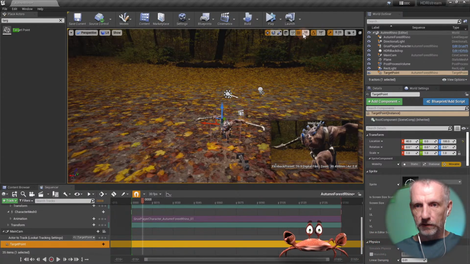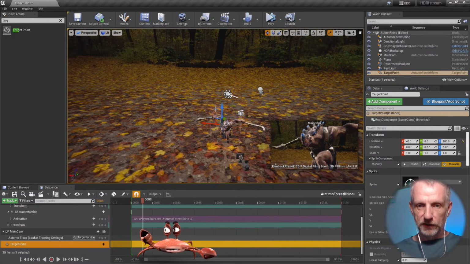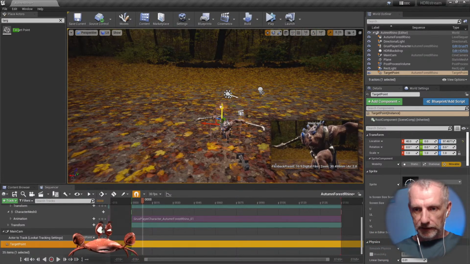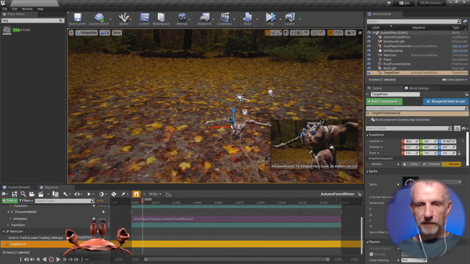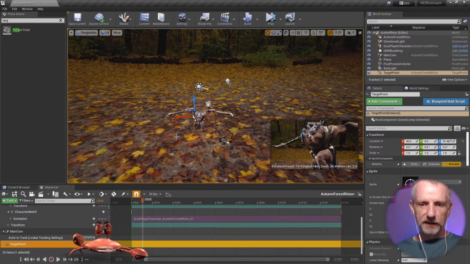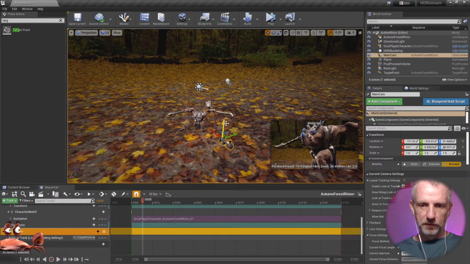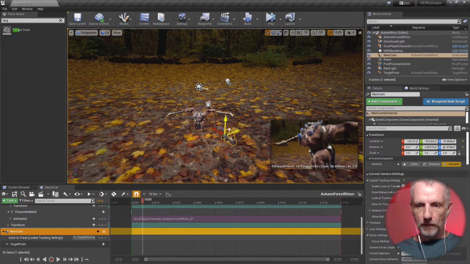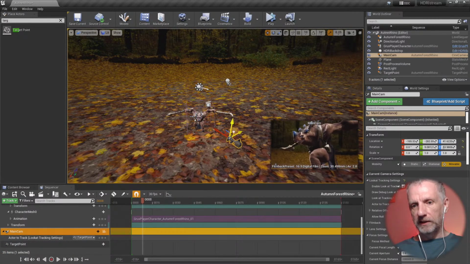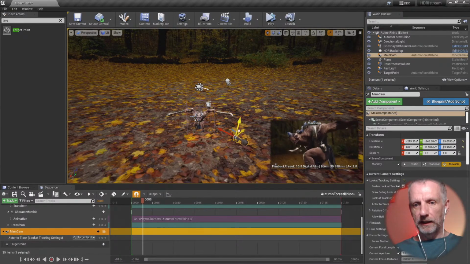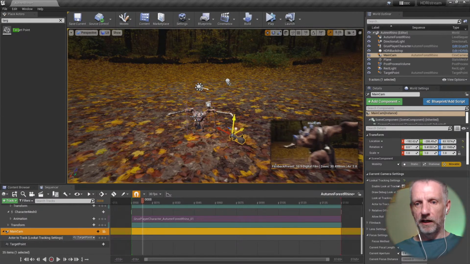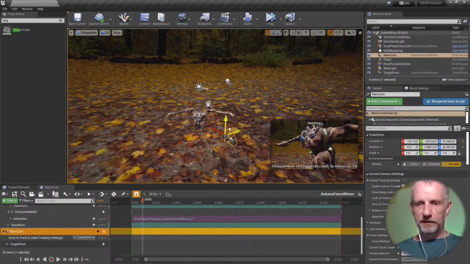Also, if I switch off snapping here, I get seamless control. I like it this way because if I wanted to put my camera further up or down, it just tracks that particular point. So I like the idea. I could even have him as a half profile, like so. Maybe like this, and then